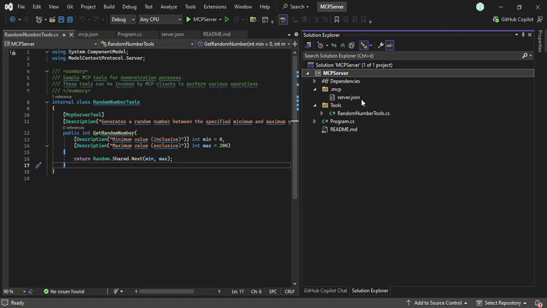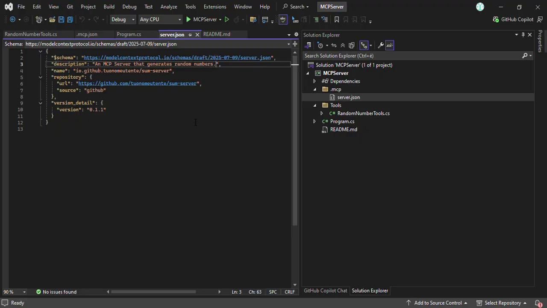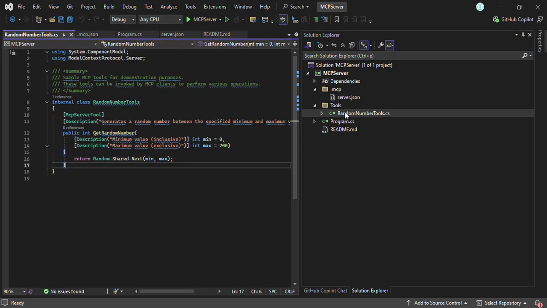As you can see, you have a server JSON file in which you specify some basic stuff, the description of your MCP server, and other stuff not important right now. The cool thing is that you can set a tool that will be used by your LLM